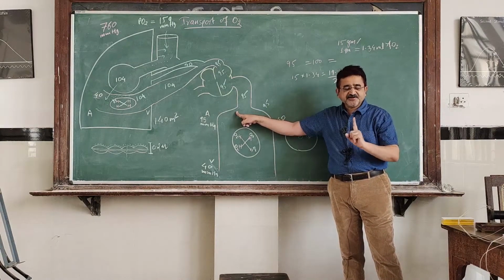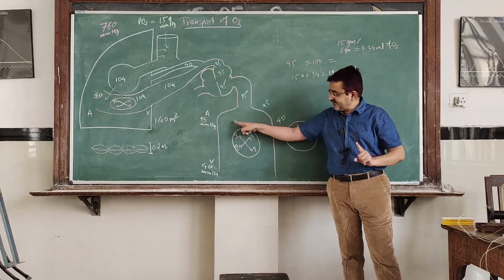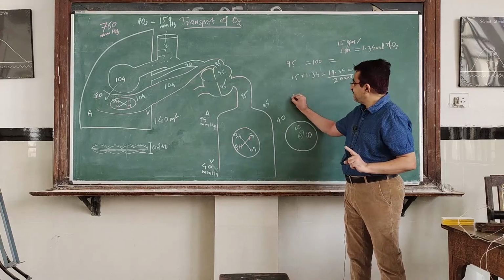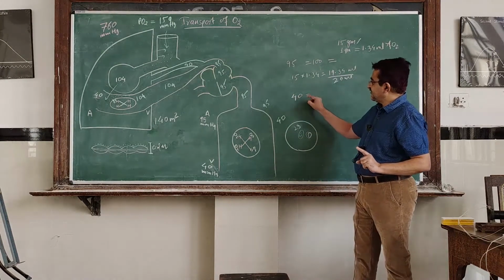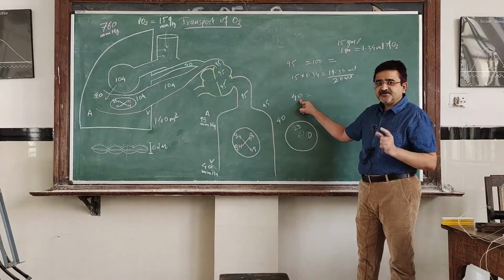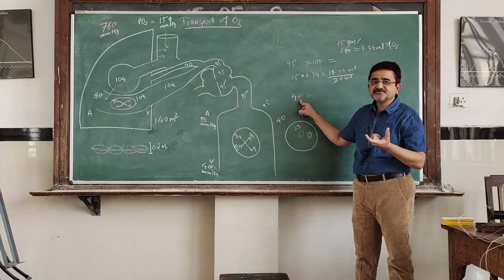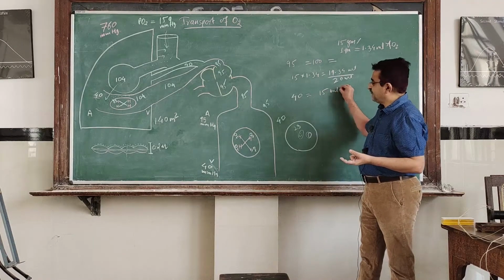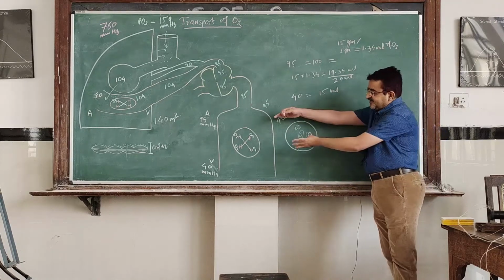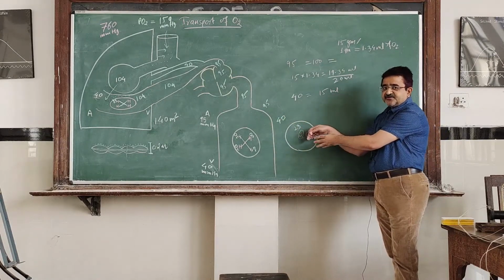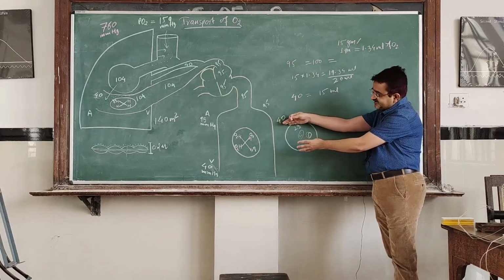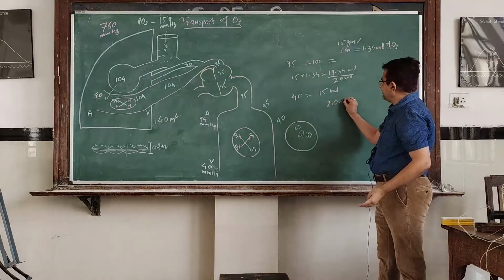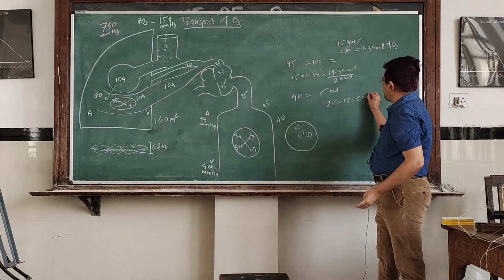of the capillary. Now when this blood reaches the venous end, partial pressure falls to 40 millimeter of mercury. Now at this 40 millimeter of mercury, the same 100 ml of blood contains how much O2? It contains around 15 ml of O2. That means 100 ml of blood has delivered how much amount of O2 to the tissue? It has delivered 20 minus 15, and that is the 5 ml.